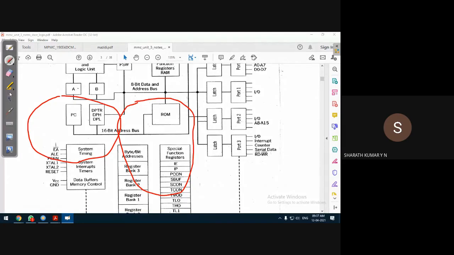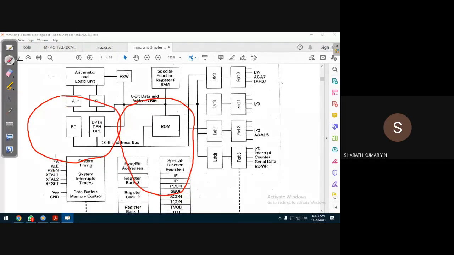Now, what you can observe here is there are 4 ports: port 0, port 1, port 2, and port 3. To make it simple, the manufacturer has called them P0, P1, P2, and P3.